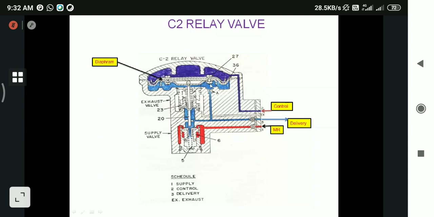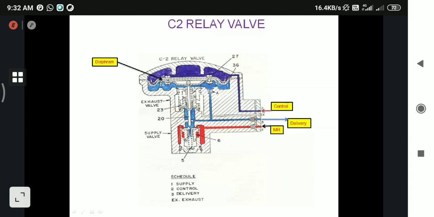So both will be balanced, and the MR, the red color line, will be converted into the same value at the delivery port.